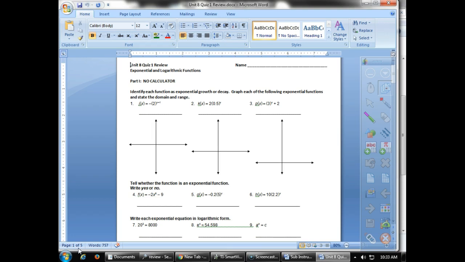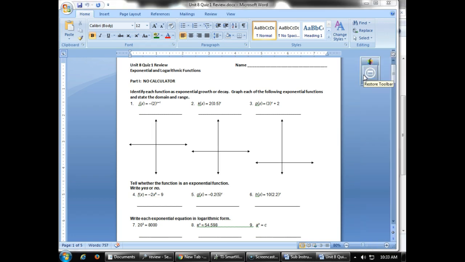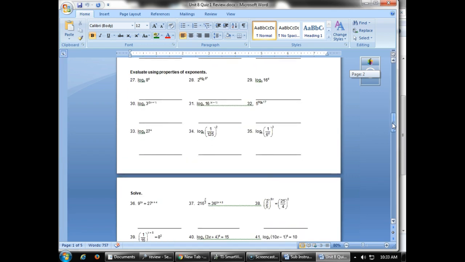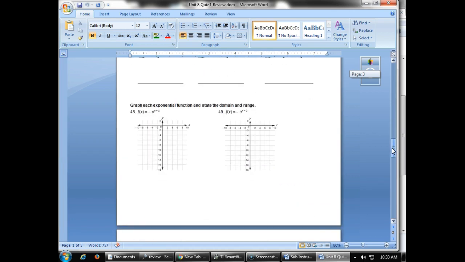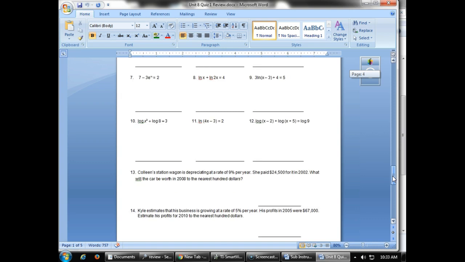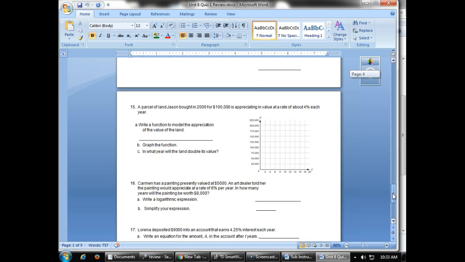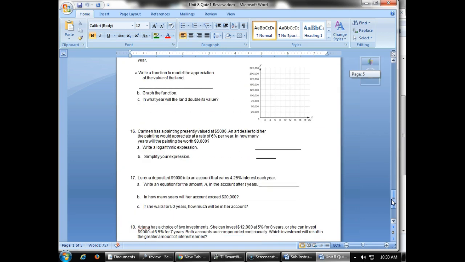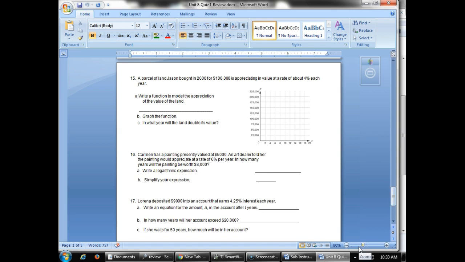Oh, with Carmen? Yeah. Okay, so we've got 16, 15. Seth again, is it this area? Yeah, wait. Yes, that's it. Okay, so is it 15 and 16 right there? Or is it another 15? Just 16. Okay, so Carmen has a painting presently valued at $5,000, and our dealer told her the